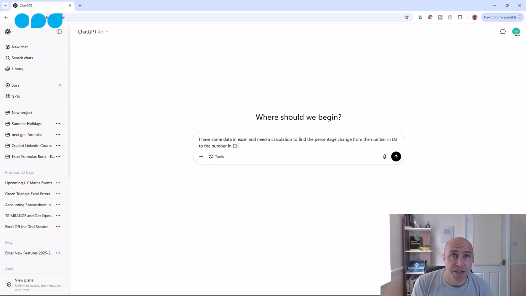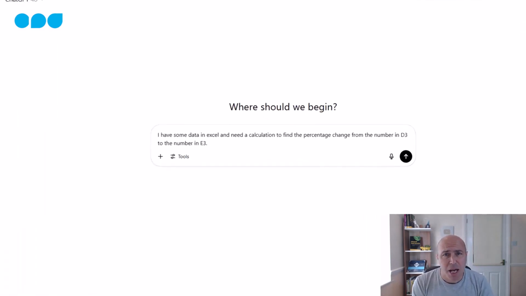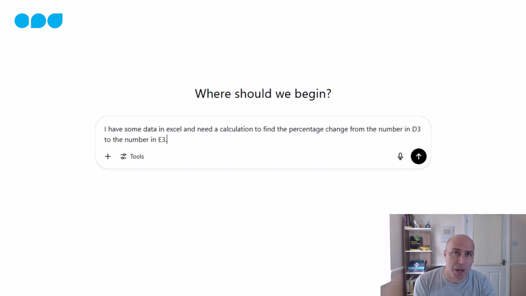I'm in ChatGPT and I've got my prompt in the box ready to be sent in. We've spoken previously how we can upload Excel workbooks and upload images to support our prompt and our questions. But I think in this example, we have enough substance there. I'm asking it for a calculation to perform percentage change, and I'm even giving it the cells that contain the necessary values. It's short, it's concise, and it has the context to get the job done. I'll send this in,